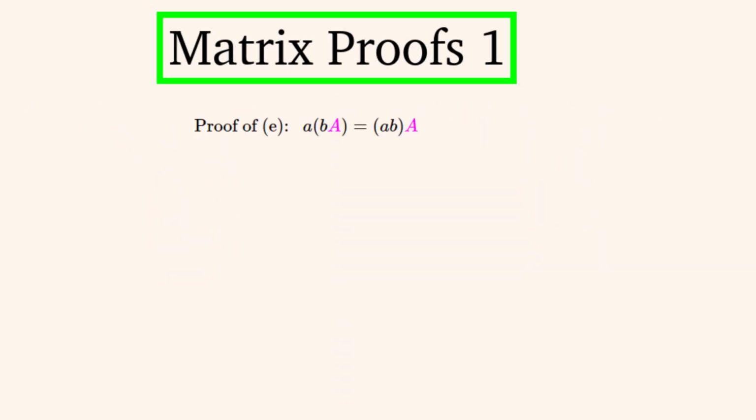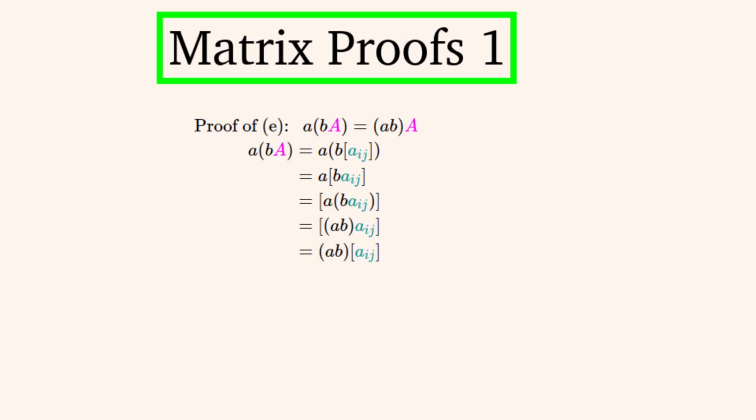And finally we've got to prove part E, which is a property of multiplying 2 scalars by a matrix in different orders. So we'll start with the left-hand side and use ijth entry notation. We'll use scalar multiplication rules to bring this scalar inside the square brackets. And we'll bring this scalar in next, but keep round brackets around this scalar and entry to show that these 2 numbers were multiplied together first. We can easily swap the brackets because these are numbers or elements of a field that have this property. Then we can treat the number AB as a single number because it's